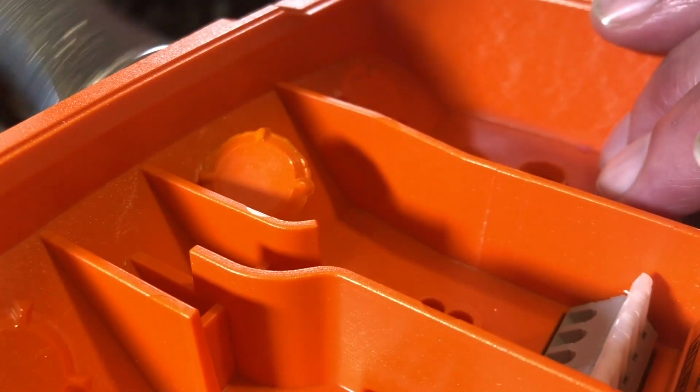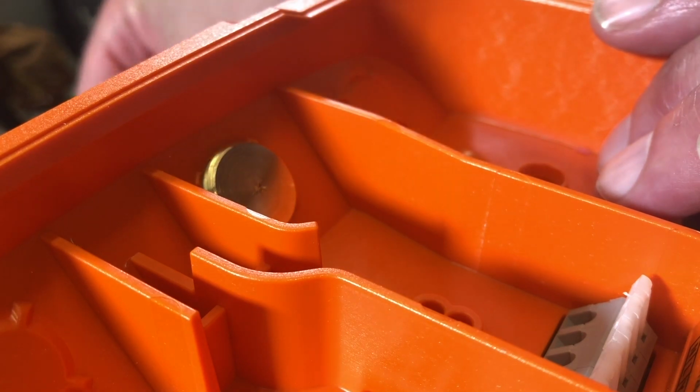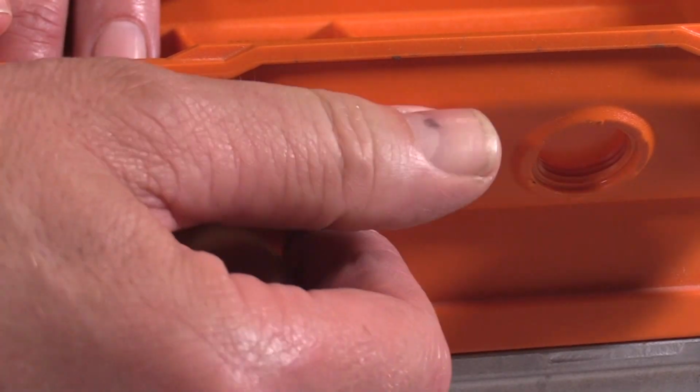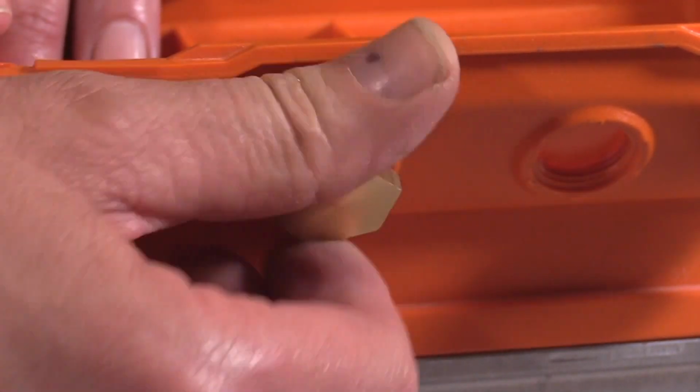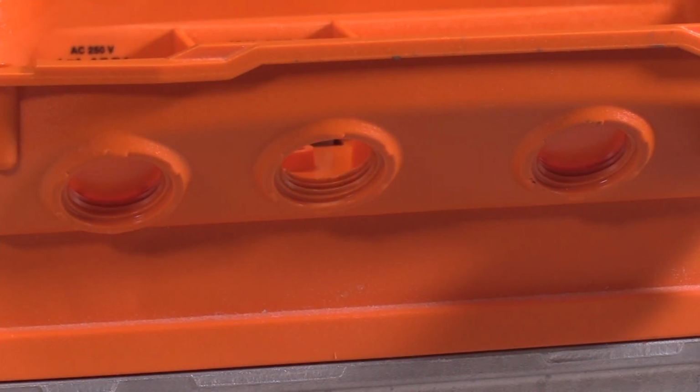Okay, you can see as the brass knockout is pushing through, it has broken out the little piece of plastic covering the hole. I can now back this out by hand, and you'll see you have a very nice, clean hole for the conduit connector. If you have any questions about this video, please call Belimo Technical Support at